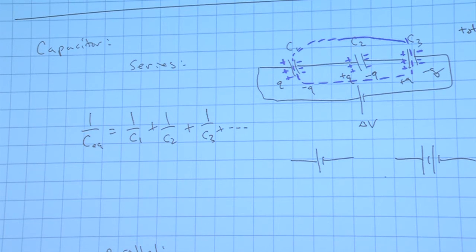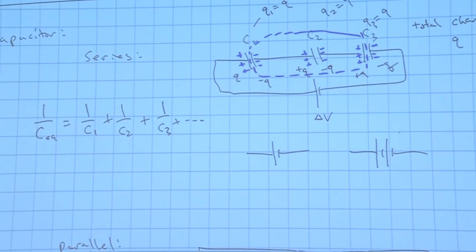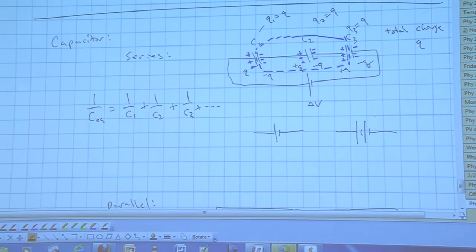And all three of those capacitors have the same charge stored. It doesn't matter what the capacitances are. C1, C2, C3, they might all be different, but they're all going to have the same Q, the same charge